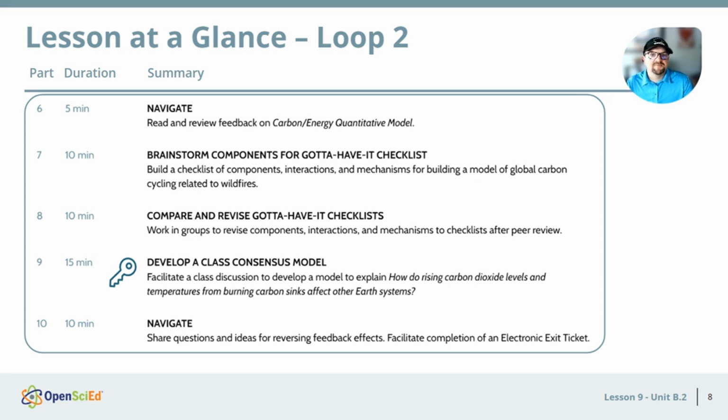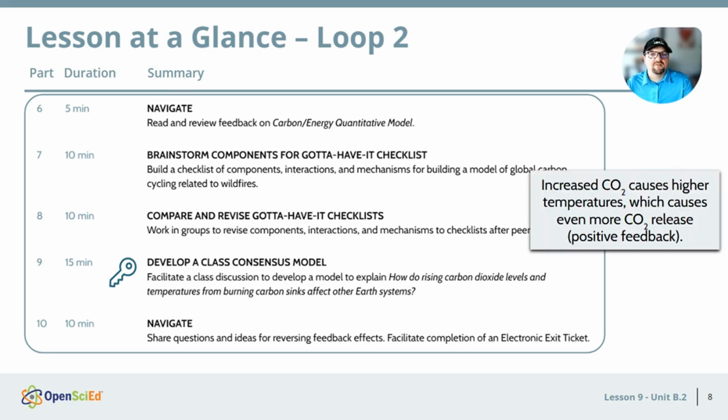For the second sense-making loop, students collaborate in small groups to brainstorm a gotta-have-it checklist and then participate in a scientist circle to build a consensus model. They figure out that increased carbon dioxide causes higher temperatures, which lead to drought, resulting in more wildfires that release even more carbon dioxide back into the atmosphere. This loop concludes with students wondering how we can actively help manage matter and energy in a fire system to